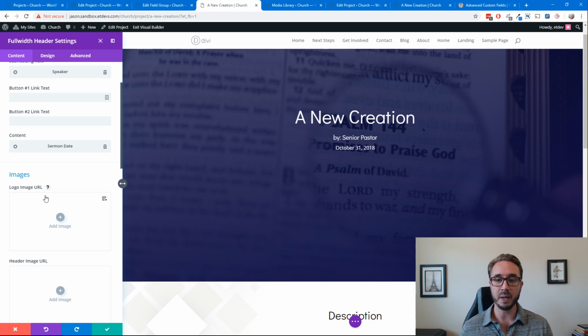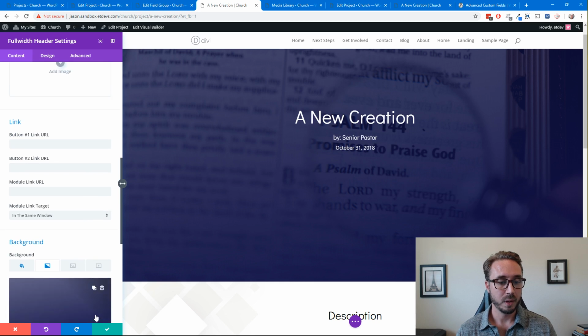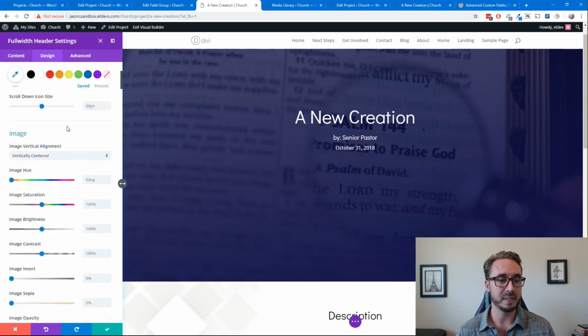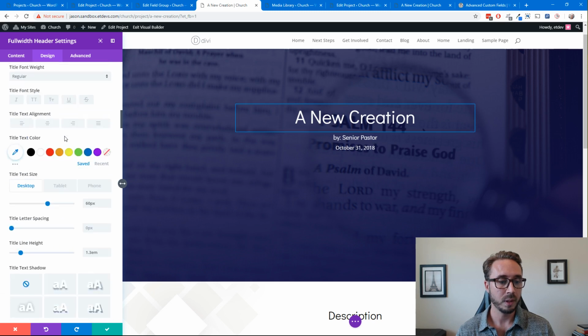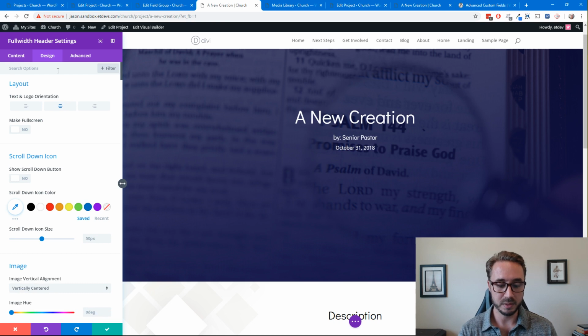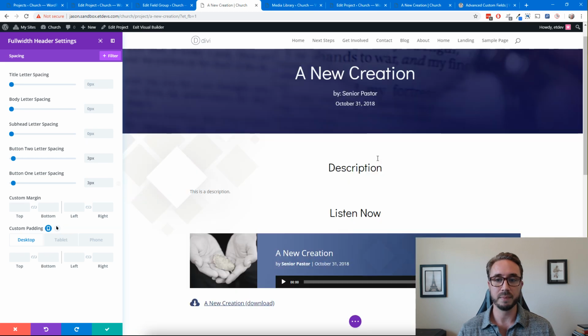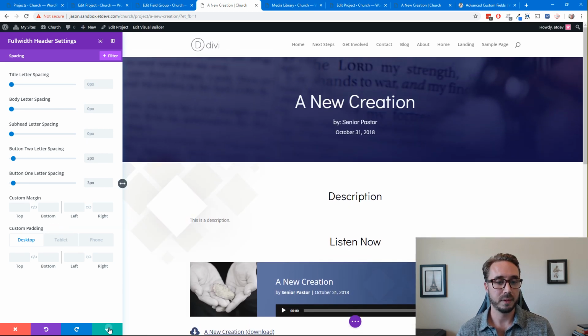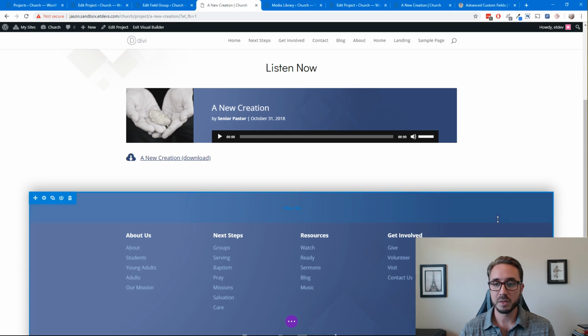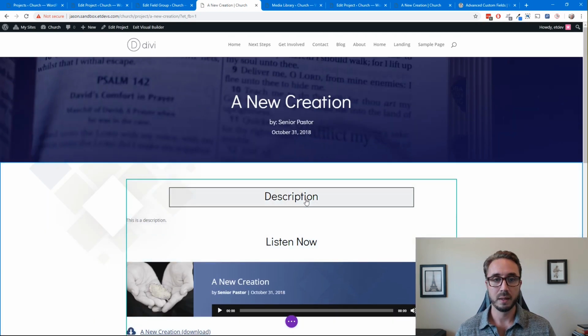I'm just kind of keeping it simple here for our use case, but I do want to cut down on this spacing. So I'm going to go to my design tab. Let's just go to spacing here in the search bar. And I'm going to restore my custom padding to its default. All right, and save it out. And that's pretty much it. So I'm going to save out my